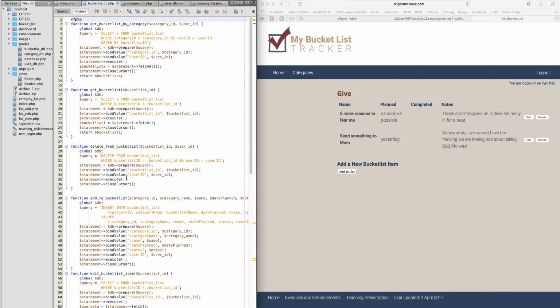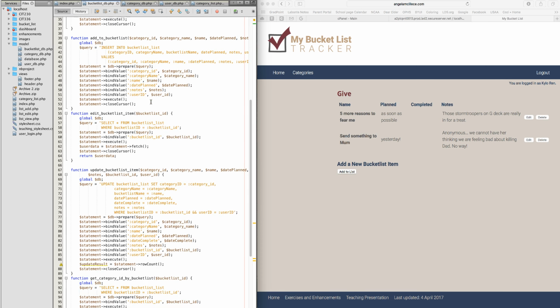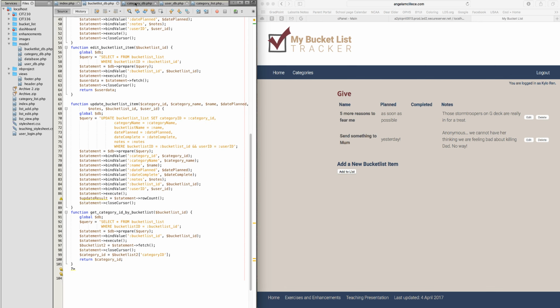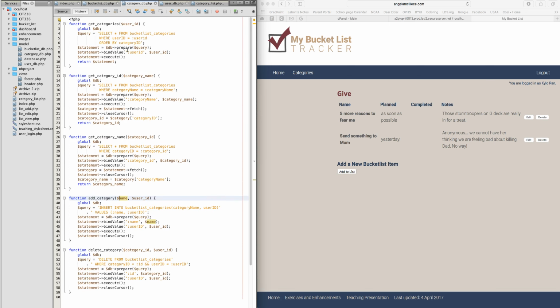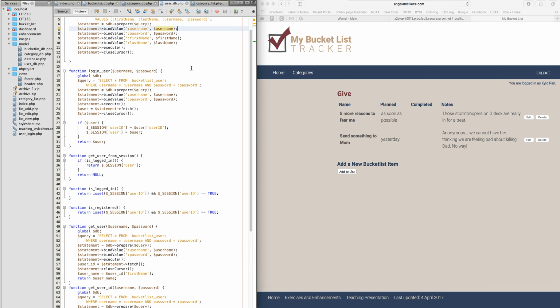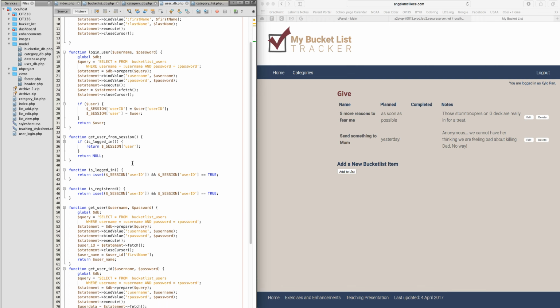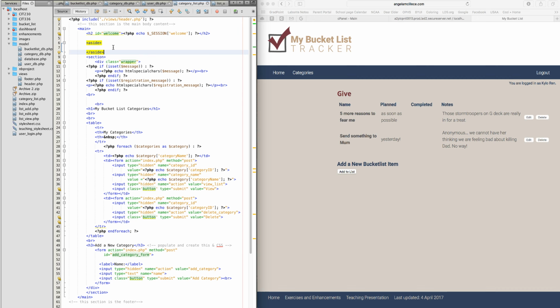the select, the delete, the insert, and the update to get all the information into the database, and the database functions for the categories: delete, add, get category information, and the user database is adding the user, logging in the user, checking to see that they're logged in, getting information about the user. And then on the pages we've got